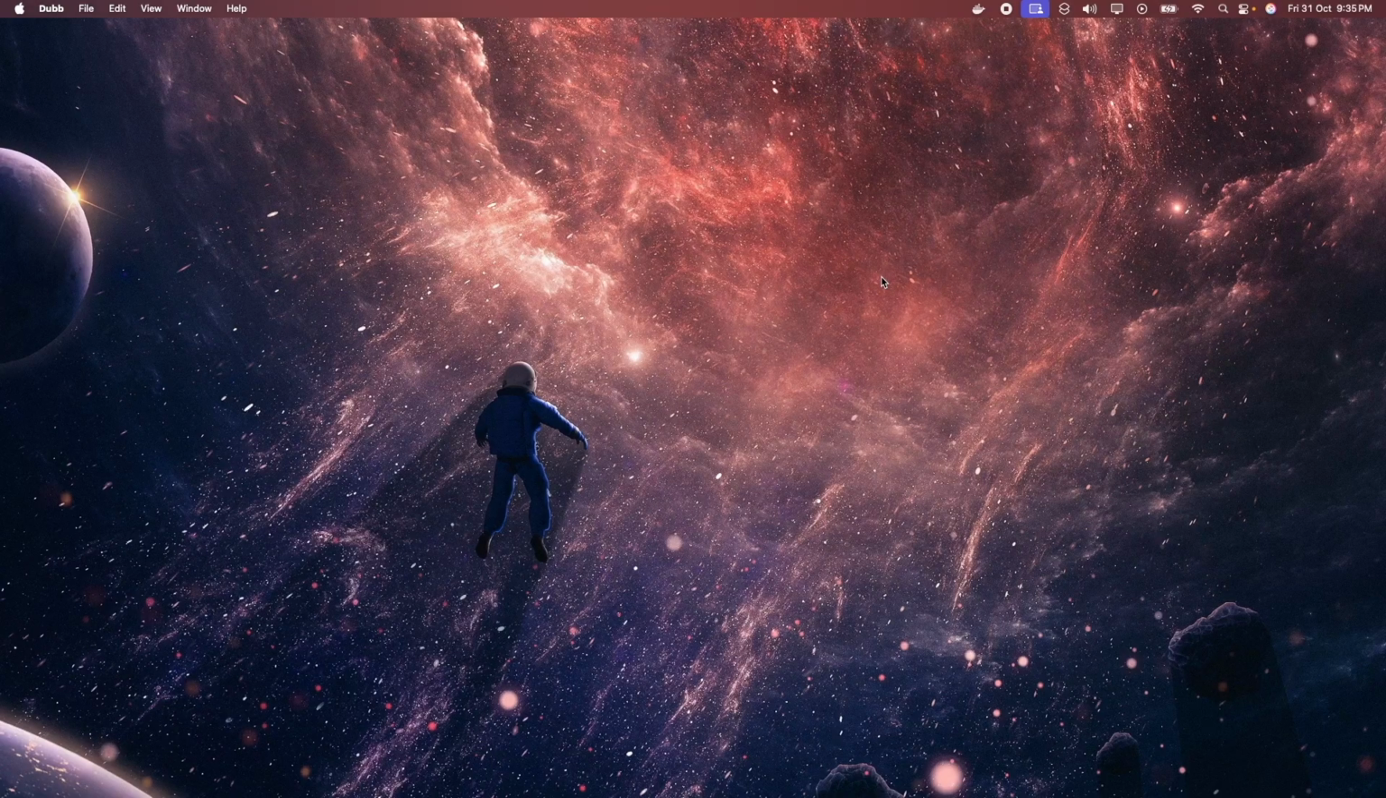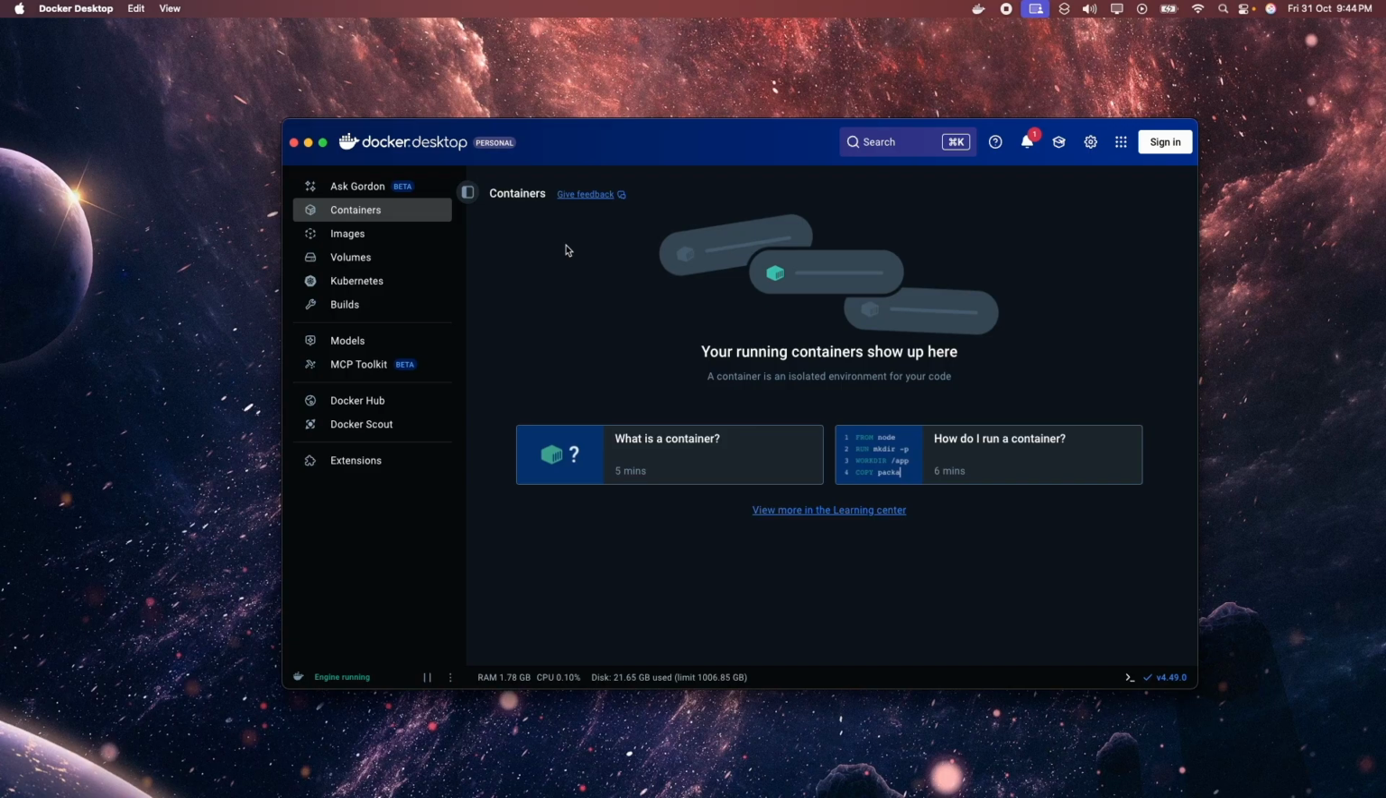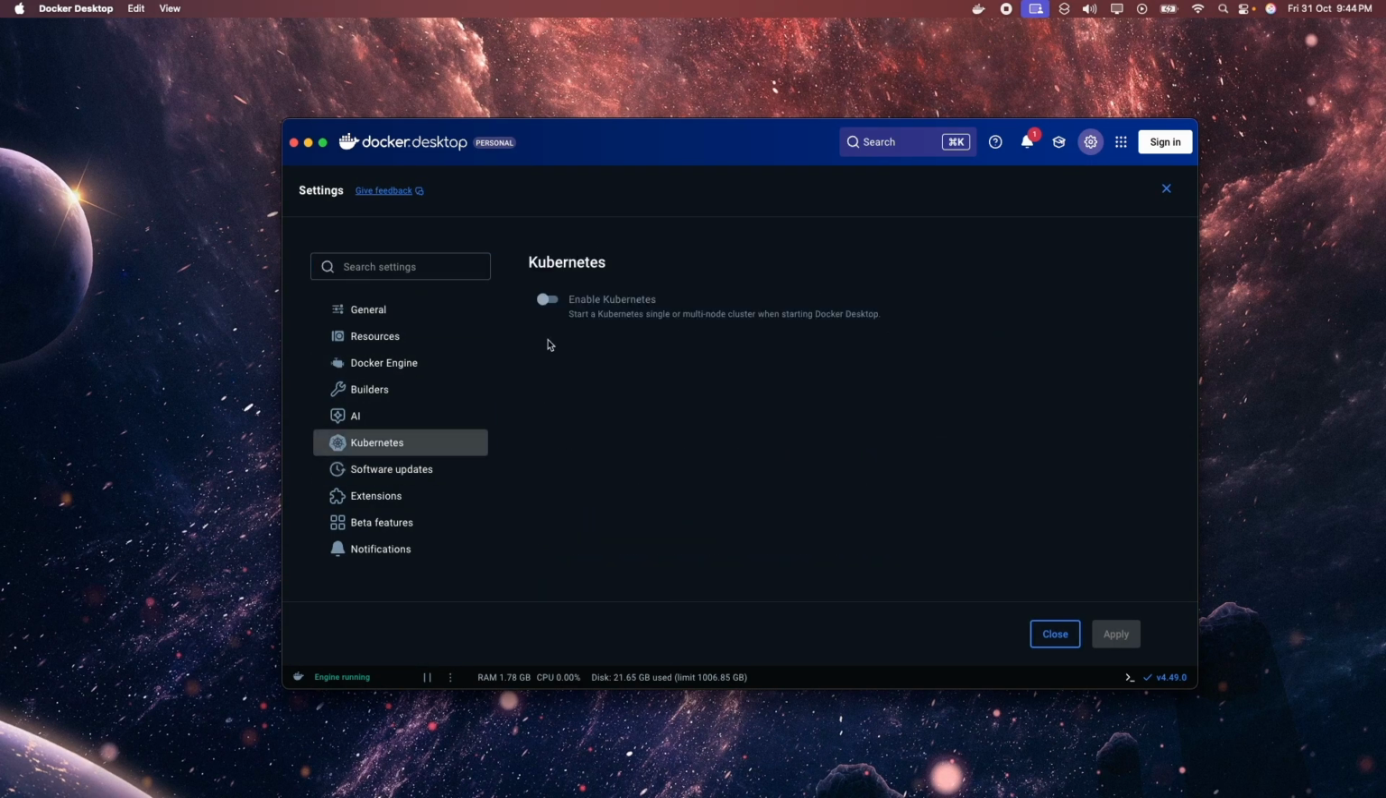If you don't have Docker Desktop yet, download it from the official Docker site and install it on your computer. If you already have it, that's good. Just open it. Let me open my Docker. Yes, this is my Docker Desktop. Now it's time to enable Kubernetes in Docker Desktop. To do that, click on the settings in the Docker dashboard and navigate to the Kubernetes section and enable